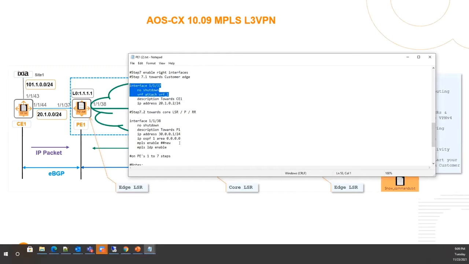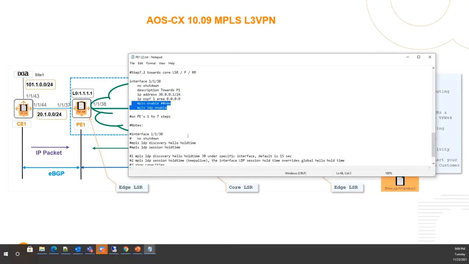And for the MPLS side, these are the 2 commands which are new as part of the 10.9 release. You are going to enable MPLS enable and MPLS LDP enable. If you miss MPLS LDP enable, it's not going to work. Even if you just configure MPLS enable, LDP by default will not get enabled. That means the admin has to configure both commands on the MPLS interfaces. Remember, where you are running your IGP towards your MPLS core, there you are going to enable MPLS.